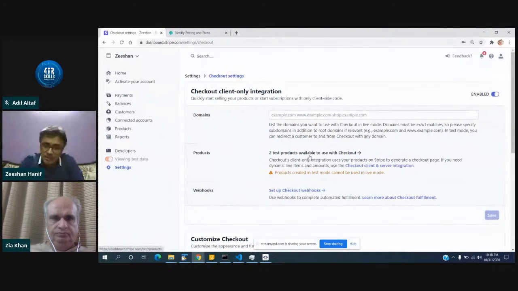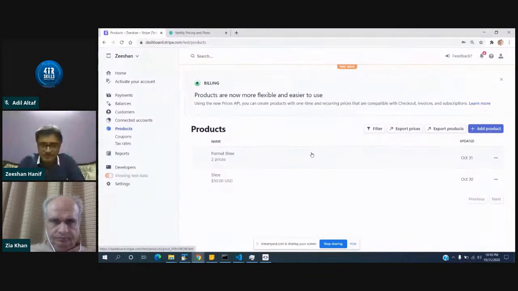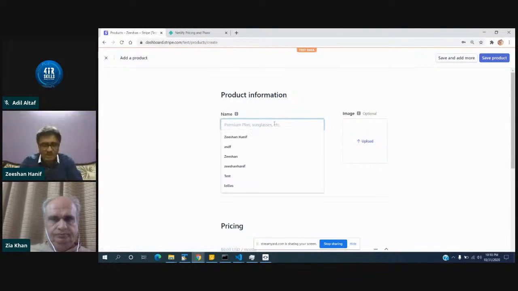So for that, we need to create a product on the Stripe server. I have created two initially, so I'll create one so that you can understand how we can create a product over here as well. Add a product. I'll name it